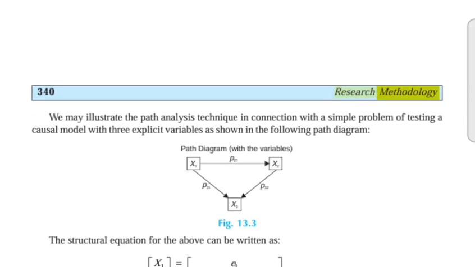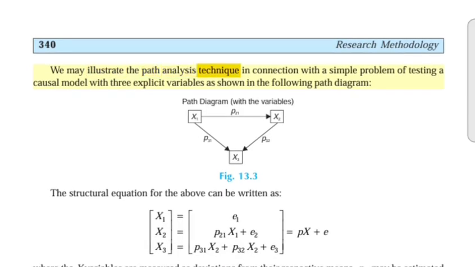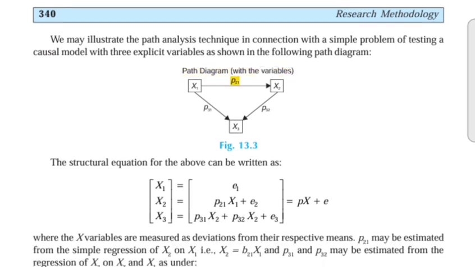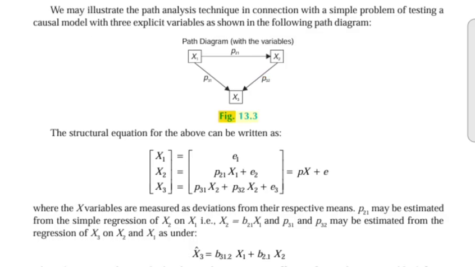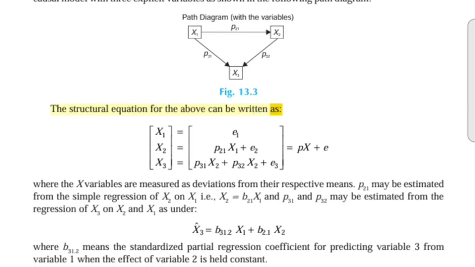We may illustrate the path analysis technique in connection with a simple problem of testing a causal model with three explicit variables as shown in the following path diagram. Path diagram with the variables p21, x1, p31, x2, p32, x3. Fig. 13.3. The structural equation for the above can be written as